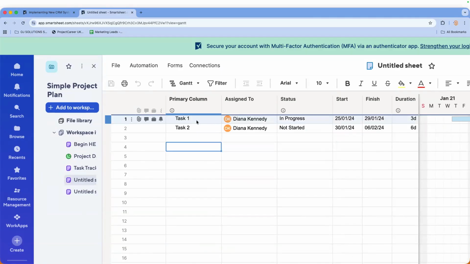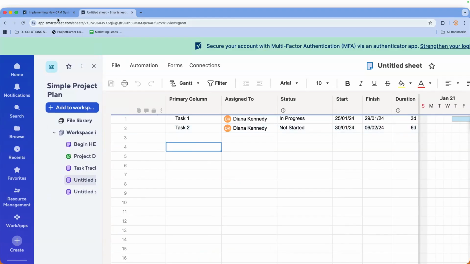Where do I put my phases? Before the primary column. Are you sure?